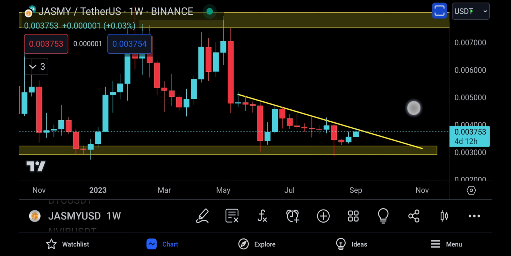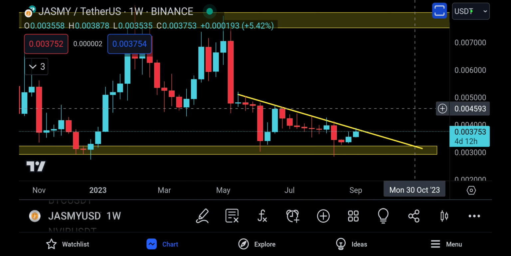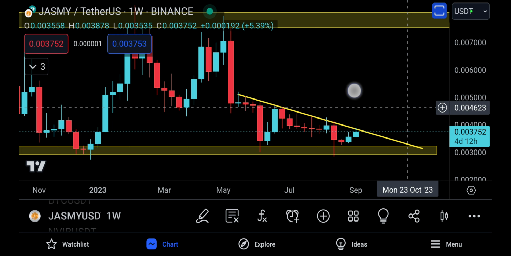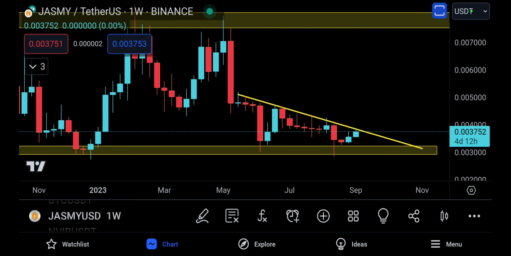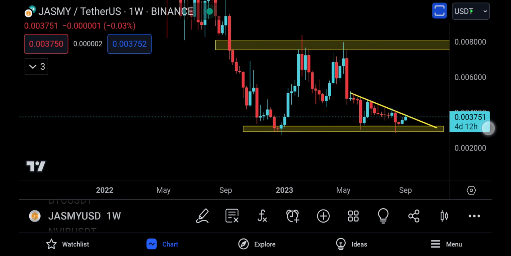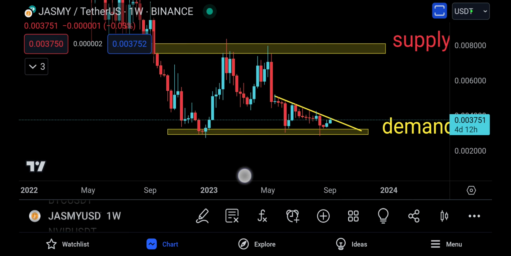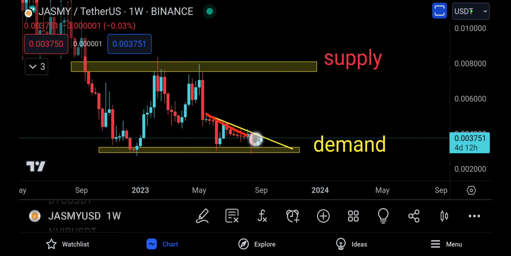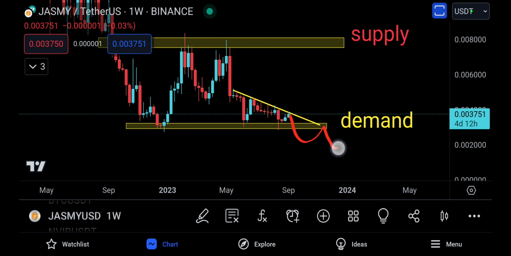From there to there, we're looking for time until November 2023. We're sitting at September right now. In the next 2 months on the weekly time frame, because the weekly is what makes sense right now, can it actually break above, backtest, and then you might be able to move up to the supply zone, because you are holding the demand box right now, just as I've shown you right here. So break above this resistance, and you potentially have a journey into the supply zone. Or if you start to break below the demand box like this, you might see a very, very big sell-off to the